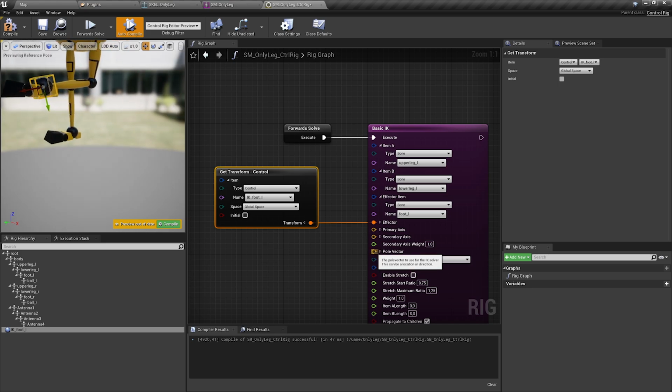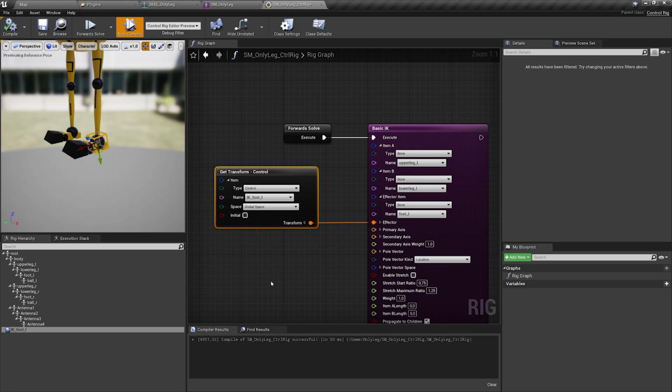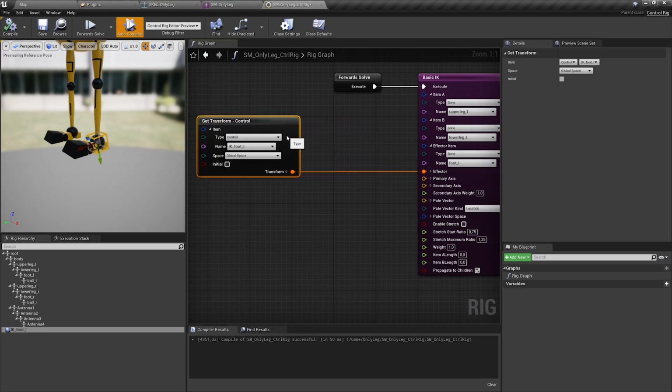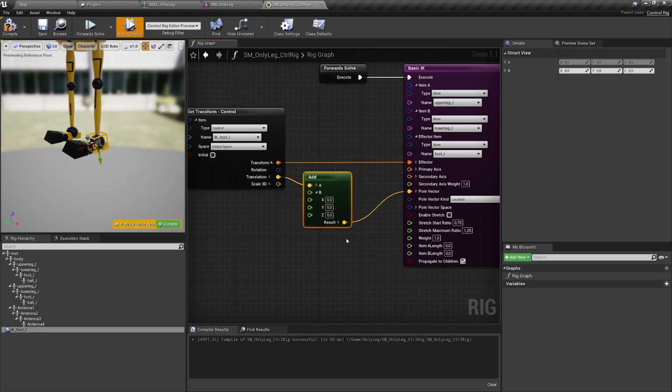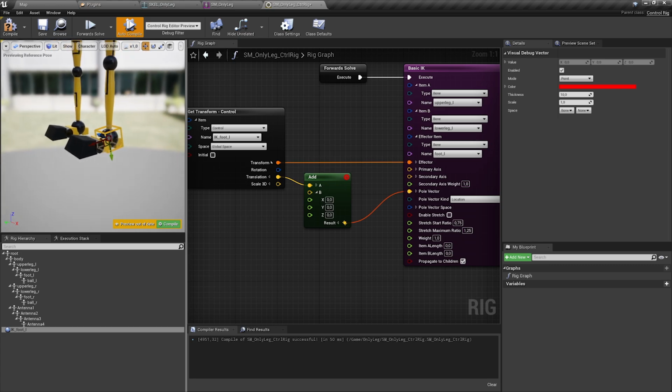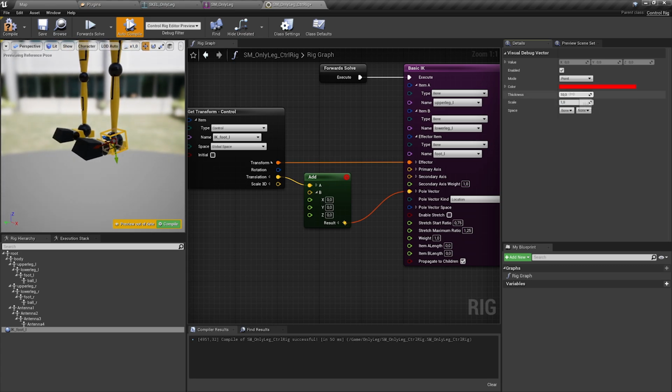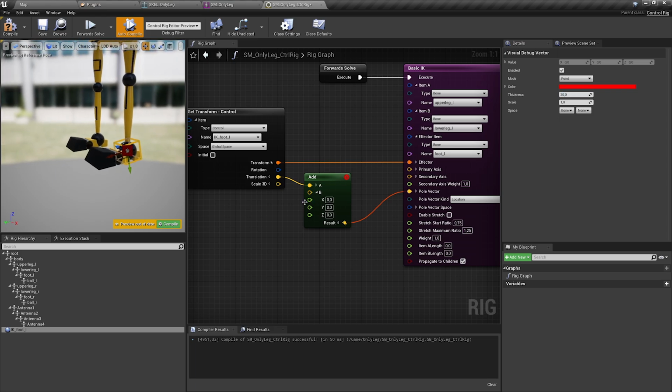And that's because we don't have a pole vector yet. What we want to do is have a location instead of a direction here. So we could make a control for that, but I want to show you something pretty handy. We can use this and add a vector and plug this in as a pole vector. And when we open this up, we can set up some events. Let's display where this position is, and that's where the visual debug comes in handy. Let's make that bigger. So that now shows the position of this node in space.